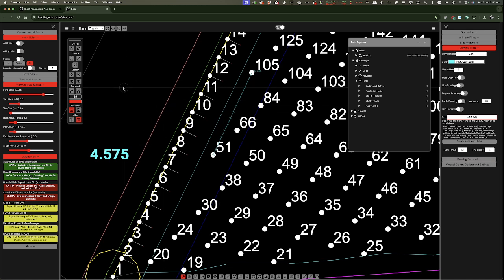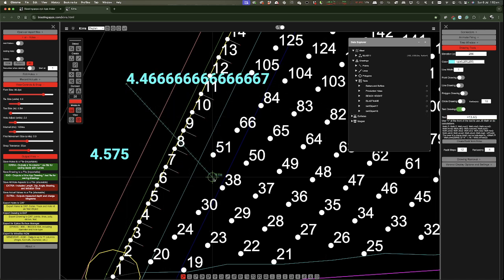Ratio, and we'll put a little text out here. Alright, 4.66. Okay, so anyway, we can pretty much use 4.5,